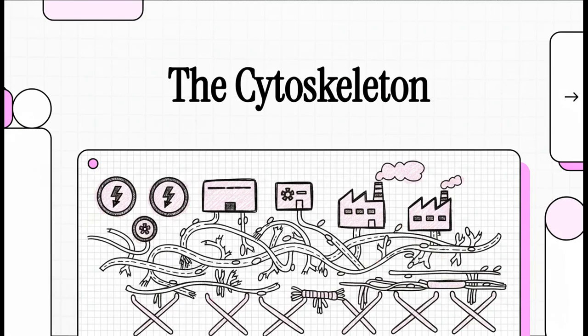Have you ever thought of a cell less like a simple blob and more like a bustling microscopic city? I mean, it's got power plants, factories, a communications network, but what holds it all together? What lets it move, change its shape, and even divide into two? Well, today, we're going inside to explore the cell's hidden infrastructure, the incredibly dynamic and powerful network we call the